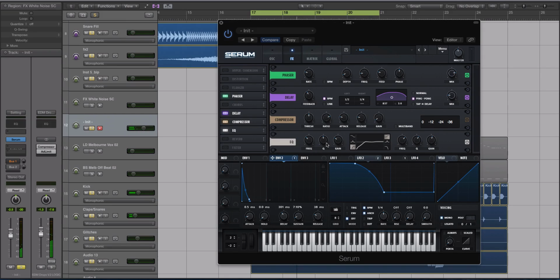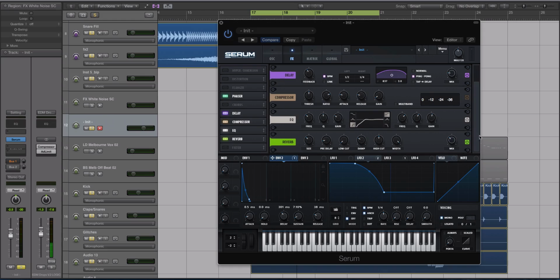All right, and finally, the reverb. Now, the reverb in Serum, I love this synth, but I hate the reverb inside of Serum. I just don't like how it sounds. It sounds really plasticky to my ears, and I don't even know if that makes sense. Like, plastic doesn't have a sound, but that's how I'm describing it. So that being said, I would rather go outside of